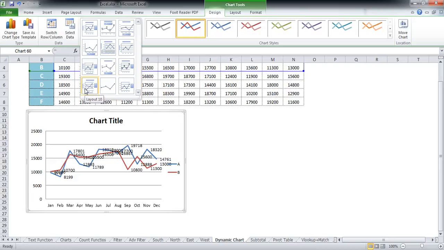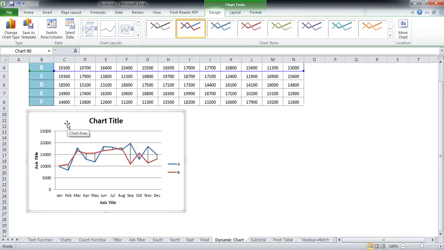the layout 10 now. The layout 10 is again a very nice way of knowing what was the exact difference between the sales of your two products in your territory. So in this case, you know that the smaller the length of the black line, the smaller was the disparity between the sales of product A and product B. And you can see there was a huge disparity between the sales of the two products in September, and it was almost negligible for the months of Jan, March, and say August.